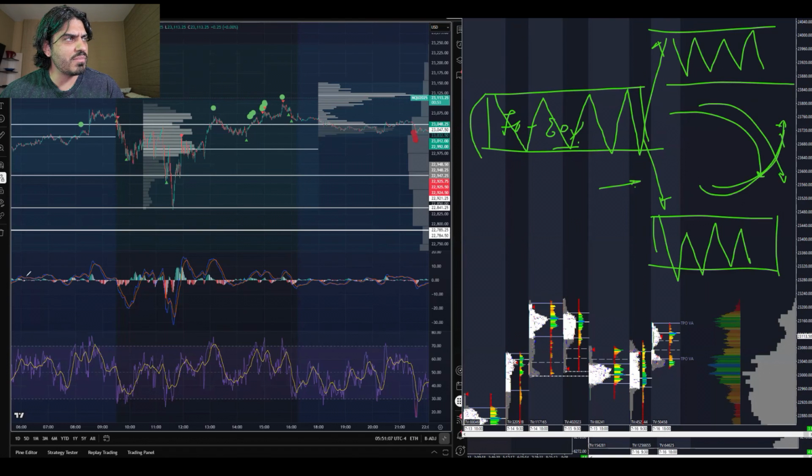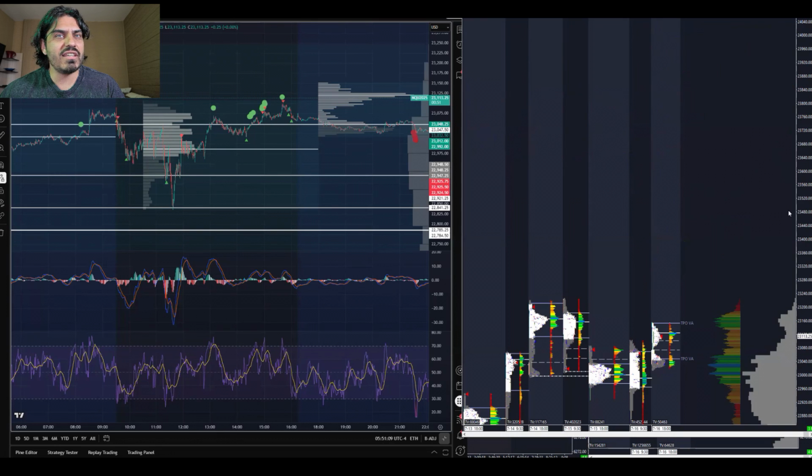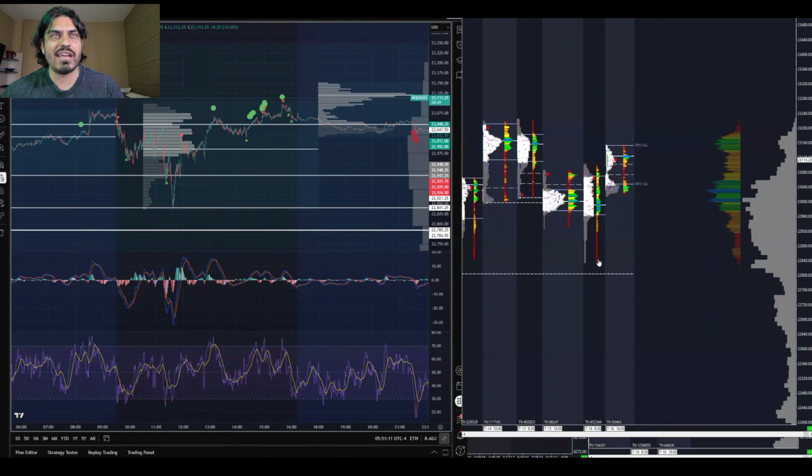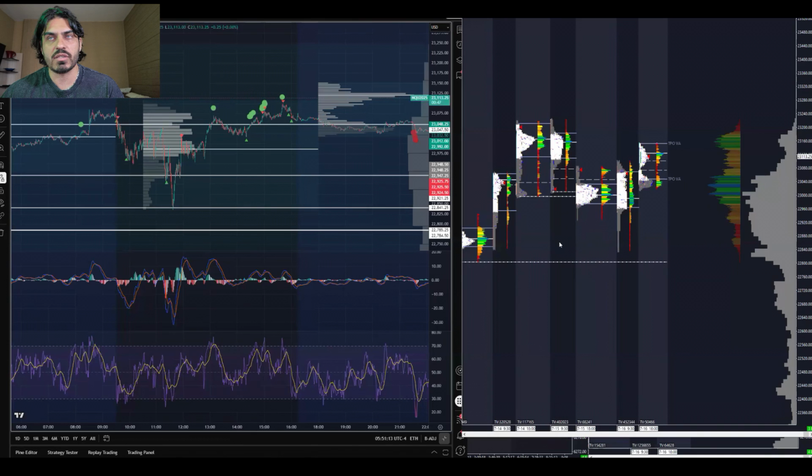So if we understand where these balances are, right, it makes it a lot easier for us to understand directionality and where strong-handed market participants are going to be active, meaning those extremes. So the volume profile shows areas of value, right? A composite profile, it shows an area of major value. Individual profiles, they show areas of value as well, right? Where we'd want to see prices moving into value to create acceptance,